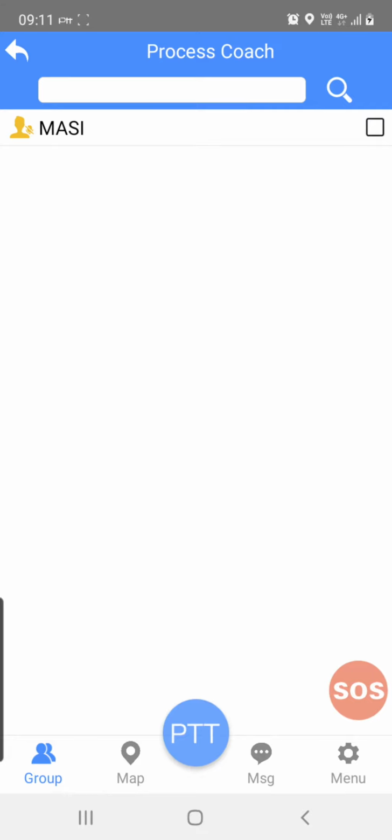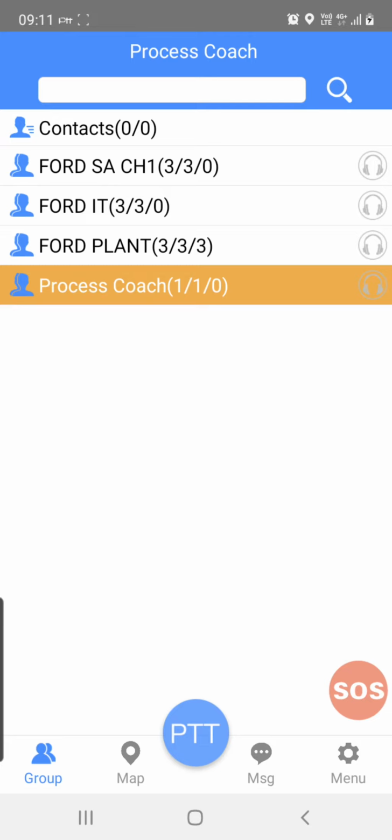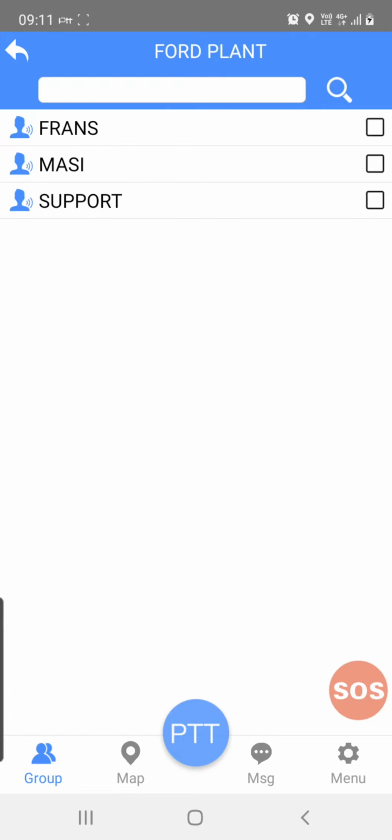So now we're going to press the back button and go into Ford Plant. Enter group Ford Plant. As you can see, it has France, Massey, and support. These 3 people are in this group. Now if you press the little tick box on the side there,